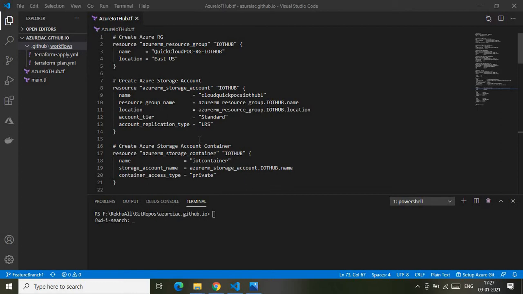Okay, with that note, let's directly jump to this demo. So here as you see in my screen, I'm currently in my Visual Studio Code. I have already cloned my GitHub repo. My GitHub repo contains a .github folder, and under that I have a subfolder that is the workflow folder. So this is the folder structure created when I create the GitHub Actions.